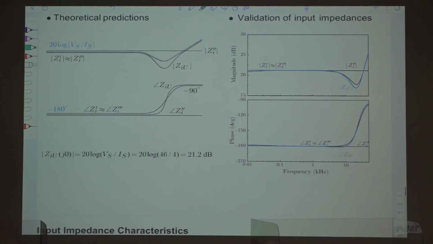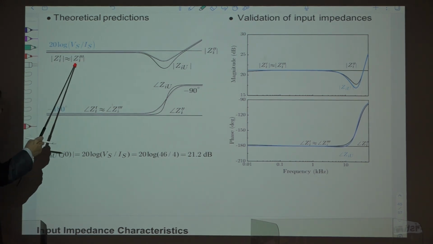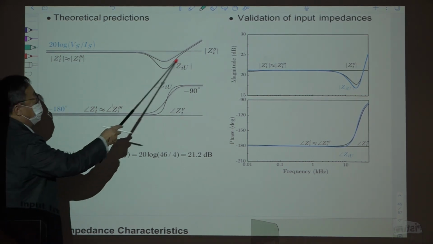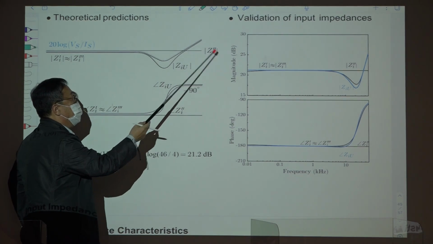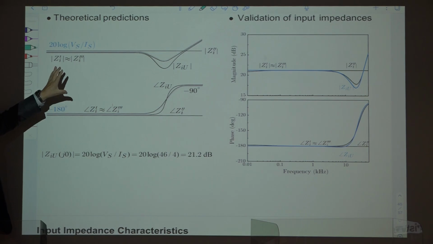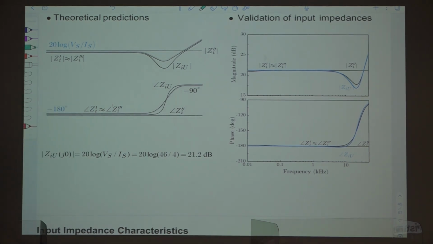Surprisingly, for the buck converter case with current mode control, all the four impedances merge together at low frequencies. Right? Here, this GI prime and the GI triple prime, they are open loop impedances. It's coming like this, and this GIU and the GI double prime are coming together. So all four impedances are merged at low frequencies. Okay? This is a very strange behavior of the buck converter. We analyze this. We address this in the paper. So there is some reason behind this.